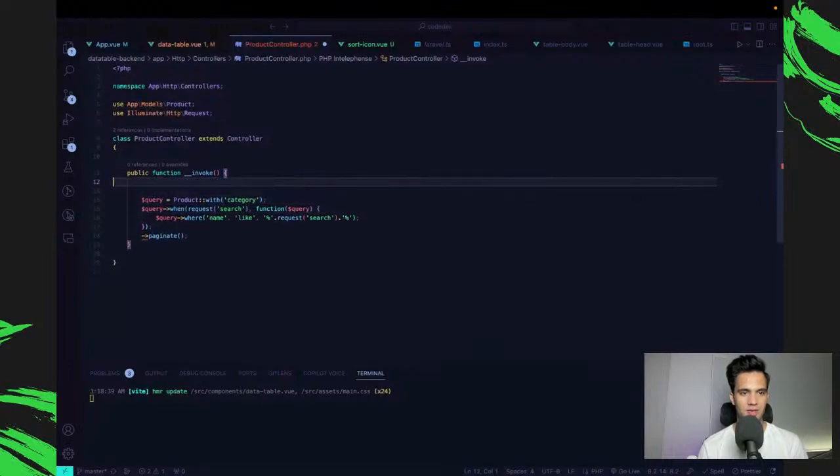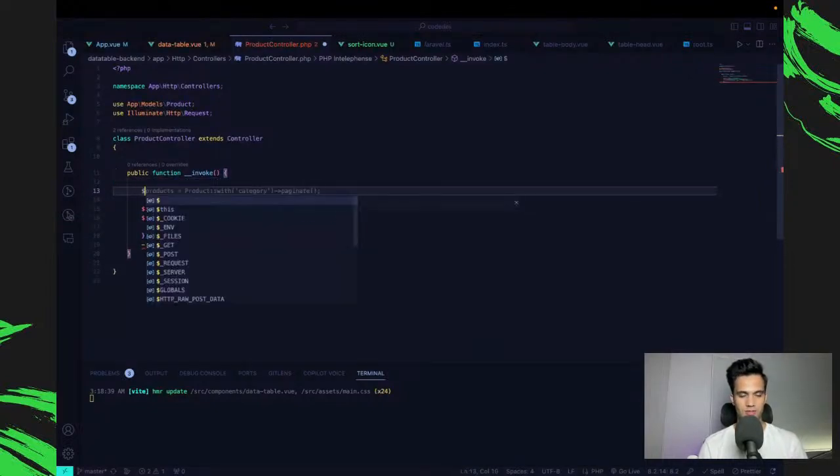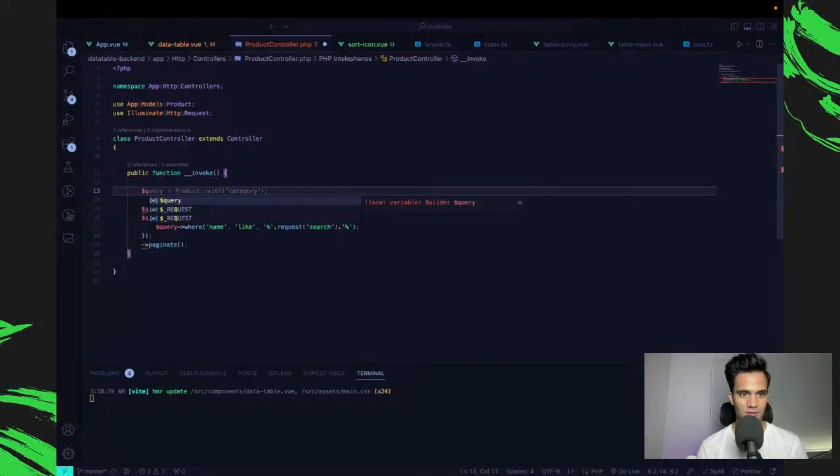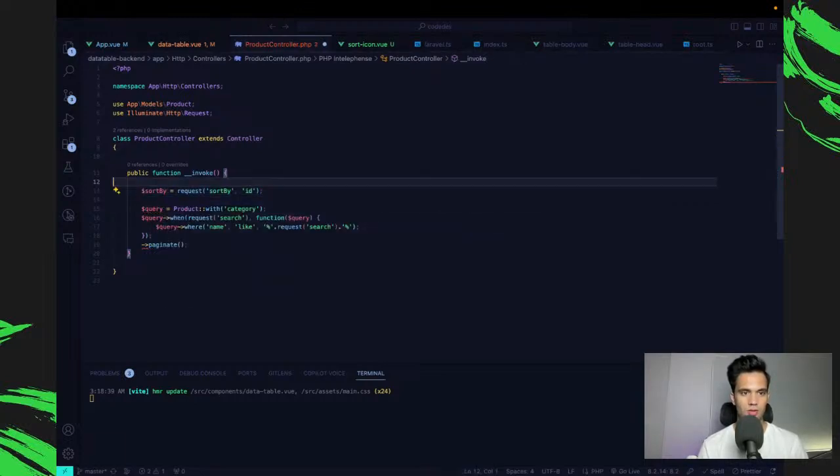Okay, let me just make them variables so that way it's sometimes easy for me. So I can just say sort by is equal to request, or maybe I should just take a request instance here.